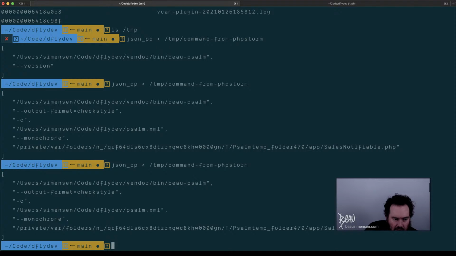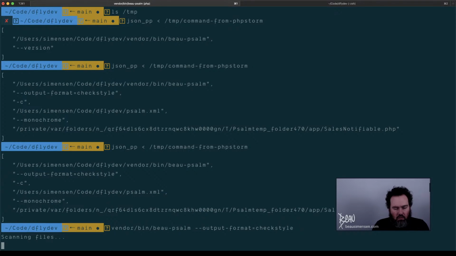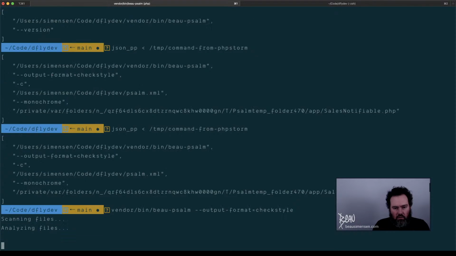I think in theory, I want to see what this check style output looks like, because I really think we can speed this up incredibly. If we can get it to only